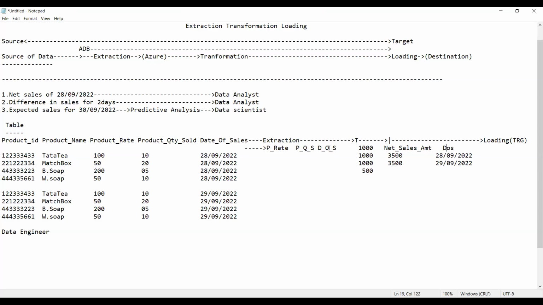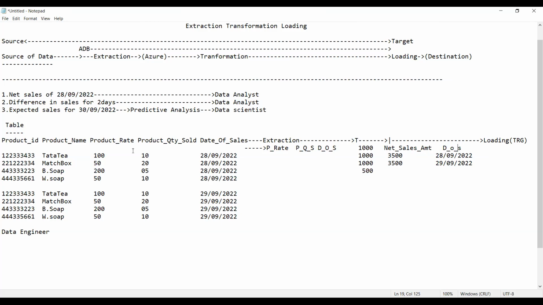It is already there in the extraction. So I've just taken it here, and now only one column I have declared as a new column. That is called as what? Net sales amount. I got the point with the transformation, but we're coming to extraction. I am stuck. We'll be creating two columns with product rate and PQS.